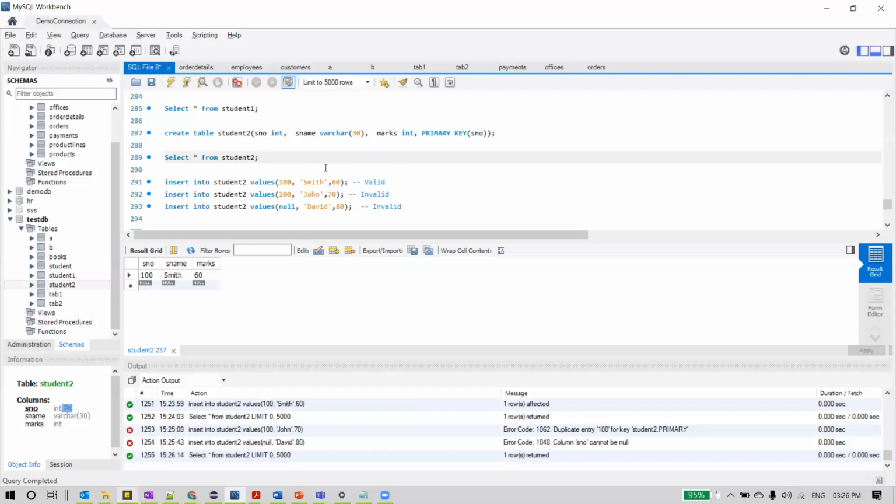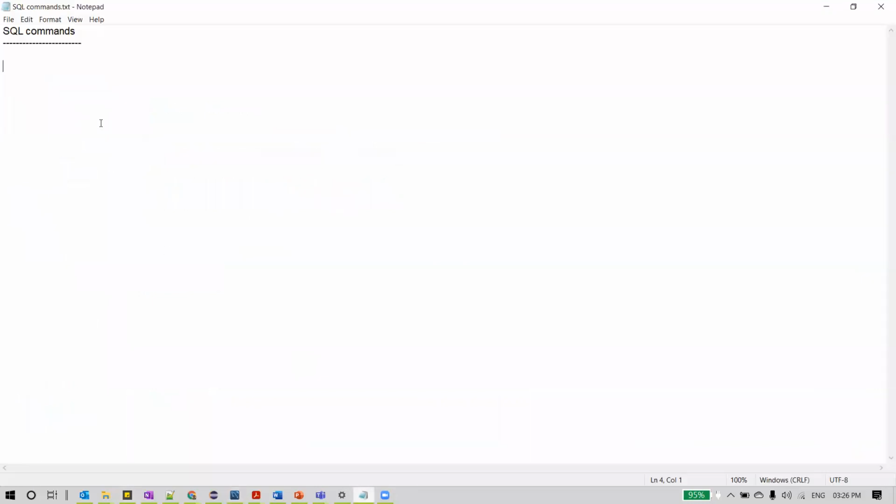And another thing is, in a table we can only have one primary key. Primary key is a combination of uniqueness plus not null.